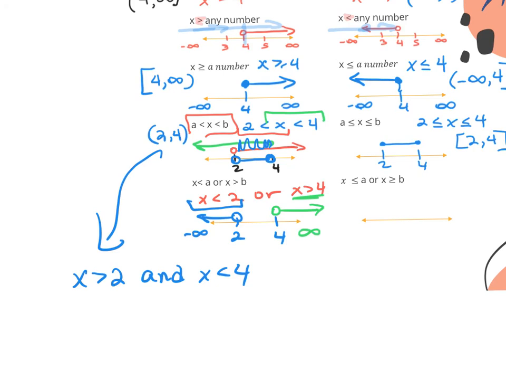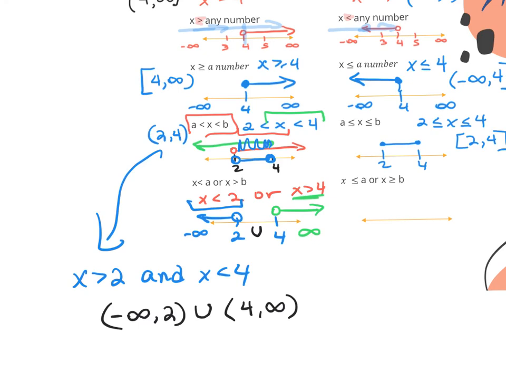Now, when we write this in interval notation, we're going to have to bring back our set operators, which you probably saw in Algebra 1. We're going to use the union symbol. So we're going to say negative infinity up to 2. And then this gap here, we're going to put a U here, union together with 4 to infinity. So the answers here are everything that is less than 2 together with everything that's greater than 4. So that's what that U